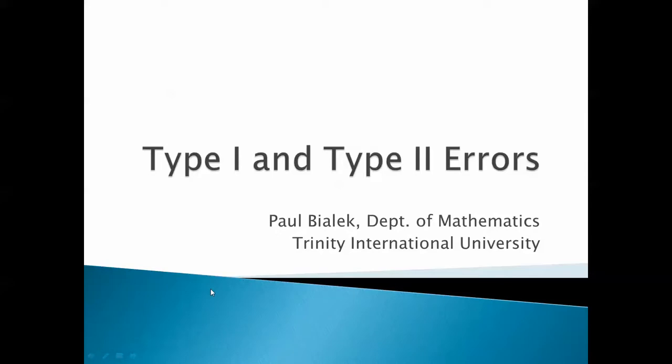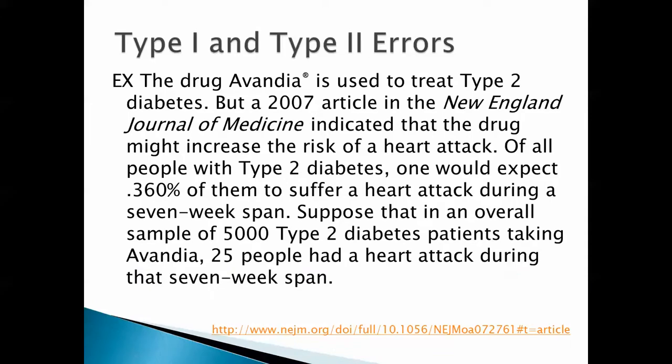Let's talk about type 1 and type 2 errors. The drug Avandia is used to treat type 2 diabetes, but a 2007 article in the New England Journal of Medicine indicated that the drug might increase the risk of a heart attack. Of all people with type 2 diabetes, one would expect 0.360% of them to suffer a heart attack during a